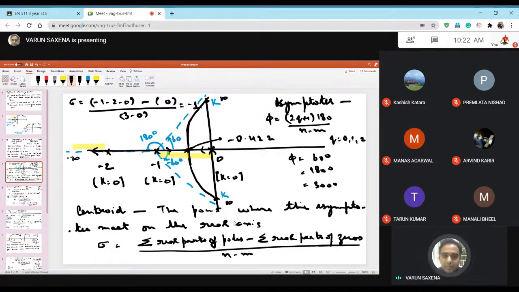So it breaks and it moves away. Now the question is, why is it moving like this only? I've made it like this, the root locus goes like this. But why is the root locus not going like this? The reason is that the asymptotes are made at such angles that the root locus, if it goes like this, will intersect asymptotes, and root locus cannot intersect asymptotes. Root locus will intersect asymptotes at K equal to infinity, which means at far away points. That is why the root locus is going to go like this. So that is what the discussion was all about.